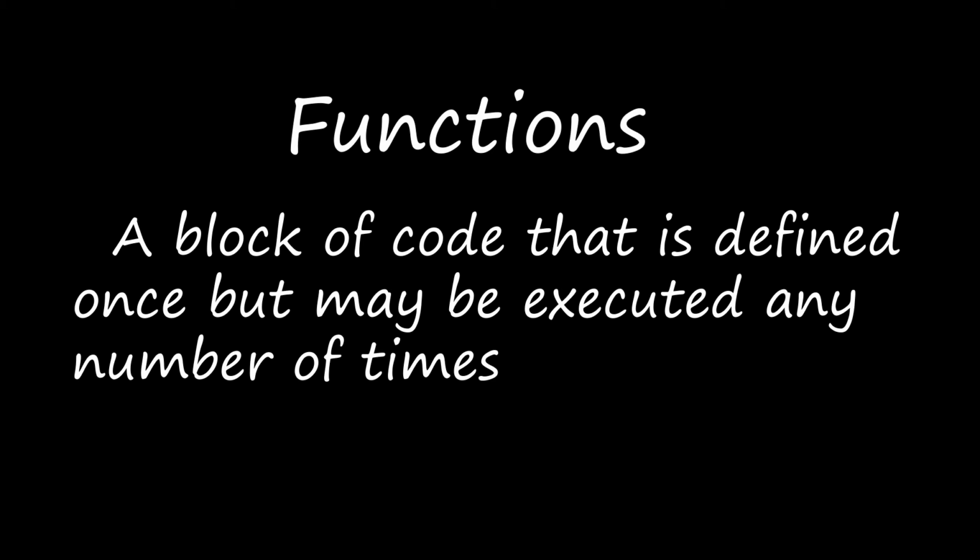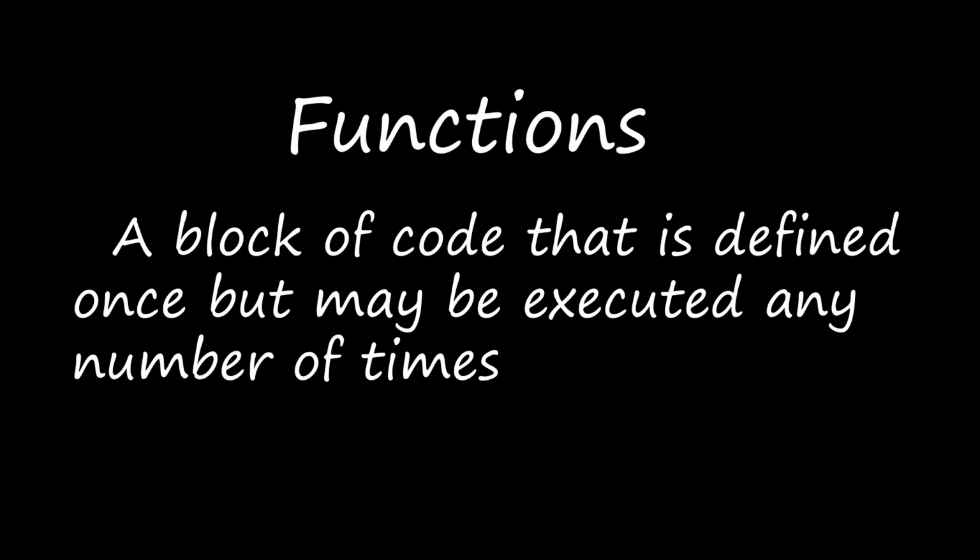5 lines is a set of code. If you are writing a code to find an average, one set of code will be for finding the sum or total, and the next set of code will be for dividing, right? Average means you add the whole thing and divide it by the number of things. If 5 subjects are there, you add all the 5 subjects' marks and then divide by 5, right? First you add all the marks and then you divide by the number of subjects.